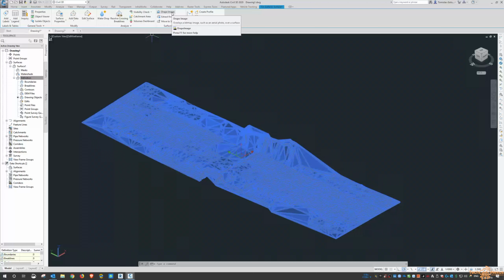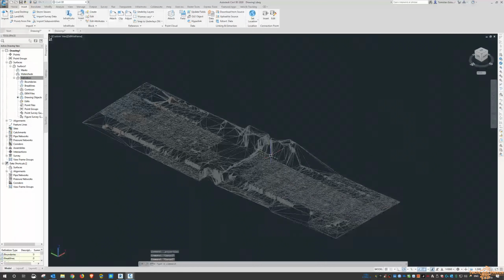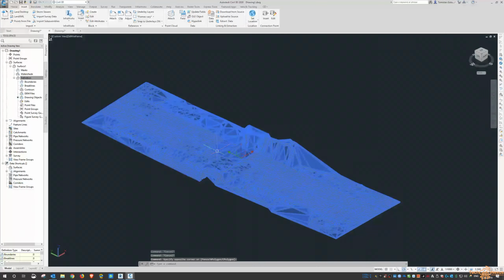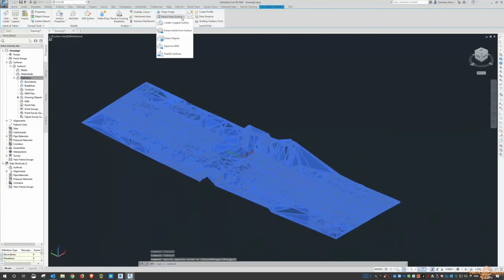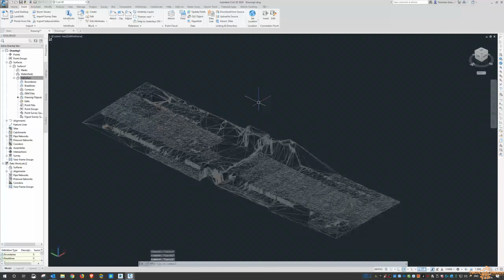I could probably play around with this a little bit later. I do have some of the images, but I need to merge the images all together as well. So this was done with a drone. Extract some from surface, so extract any objects and publish them. And quick profile views, but again, the reason for this video is really just to go through and show you